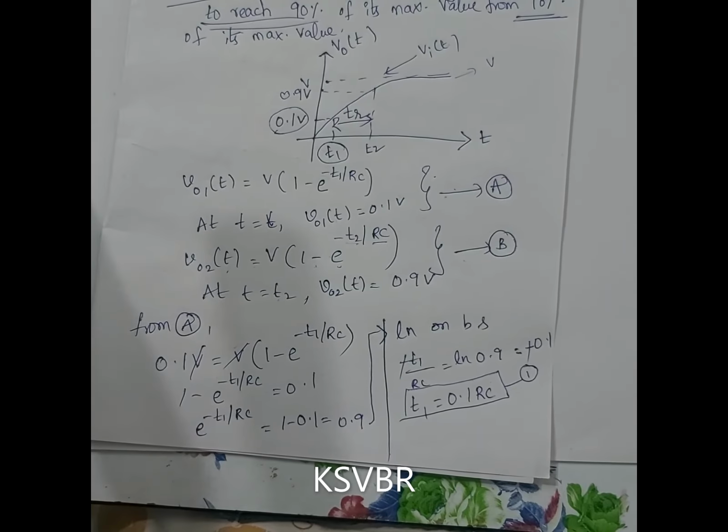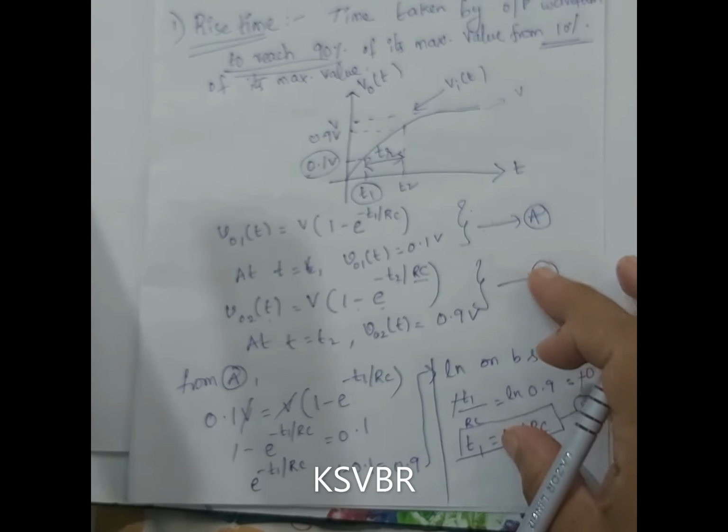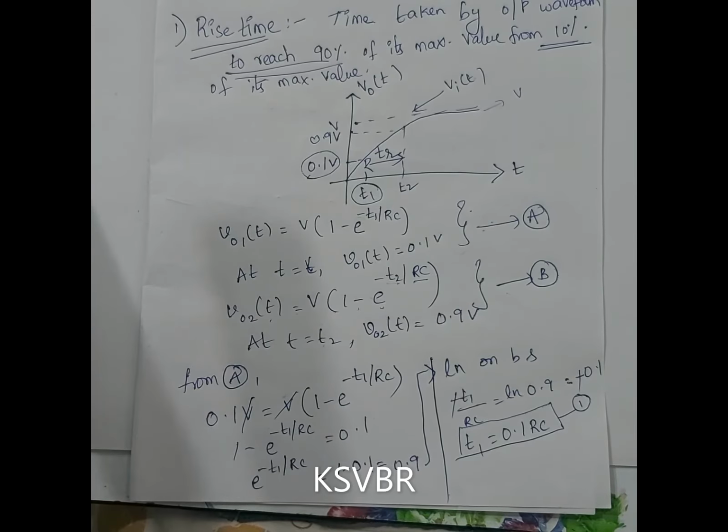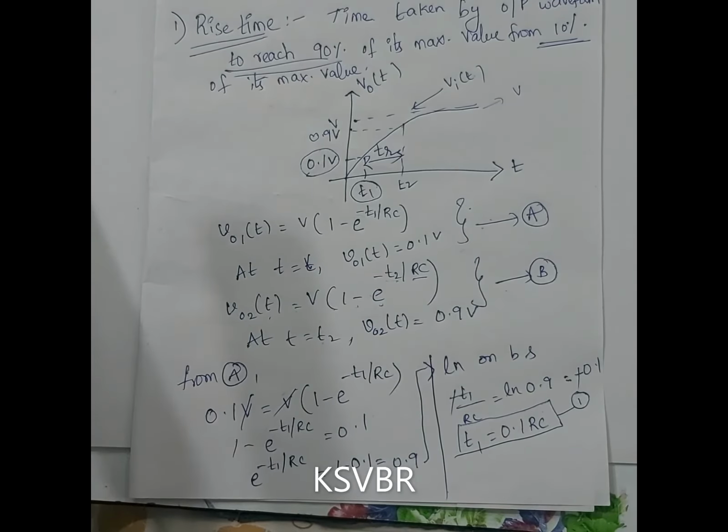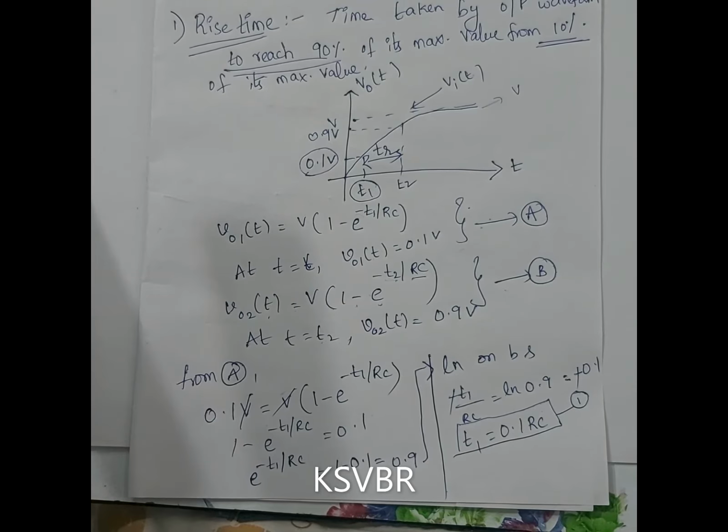Okay, so till now we have seen our low pass filter step input derivation, and for low pass filter we have found out what is time constant, and now what is rise time, the another parameter, and the relationship between rise time and bandwidth. So this is the complete analysis of RC low pass filter for a step input signal.